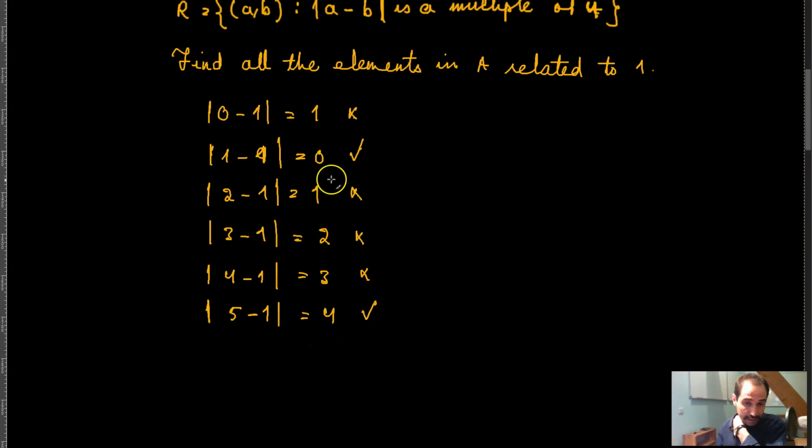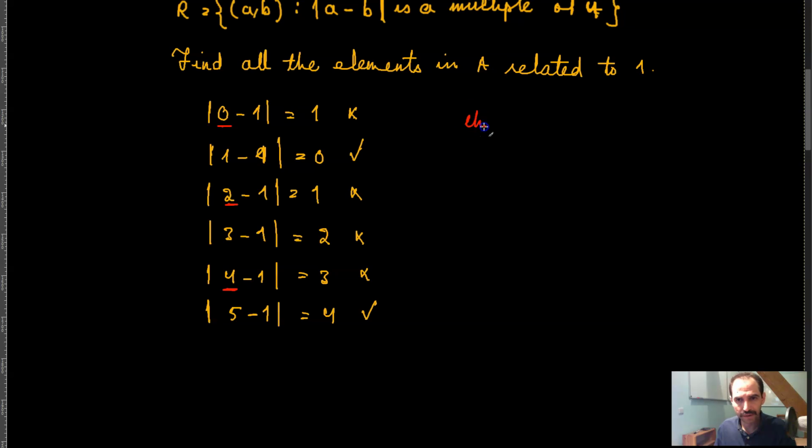And so as you can see, all of these elements that are even numbers, meaning that, for example, over here or over here, none of these even numbers is related to 1,